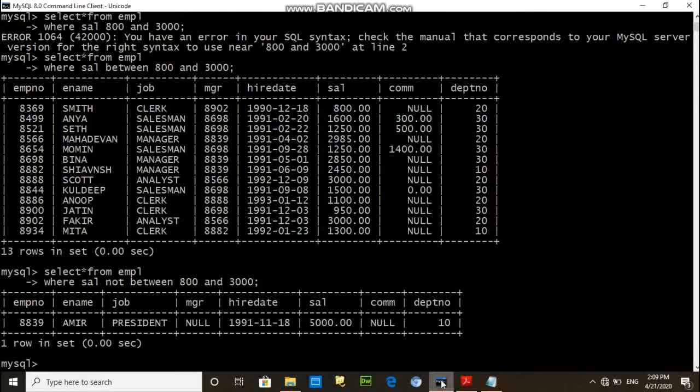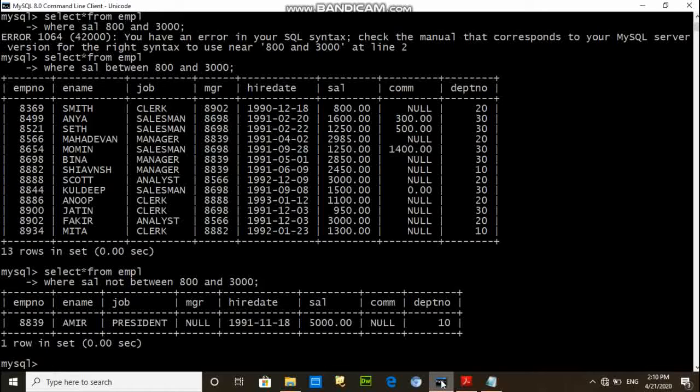For example, here I am going to extract the records of those employees who are posted as clerk, analyst or manager.